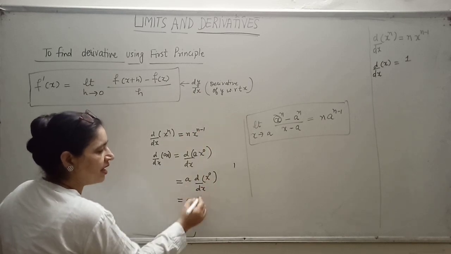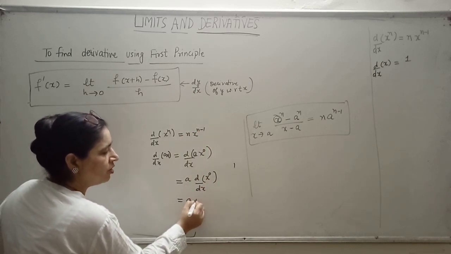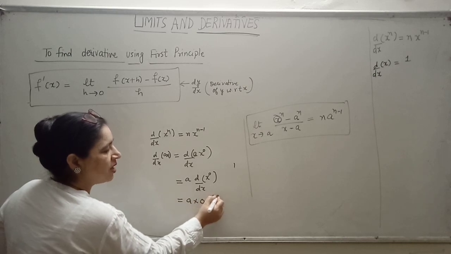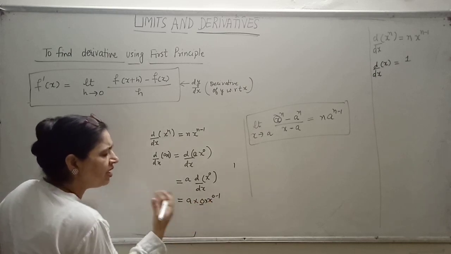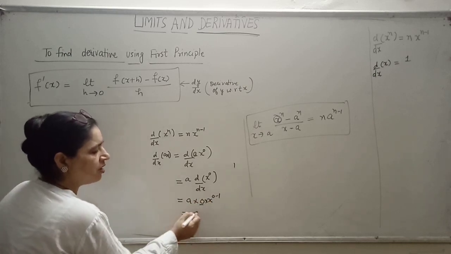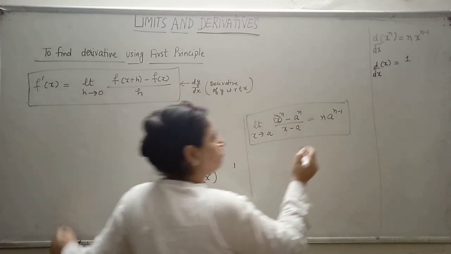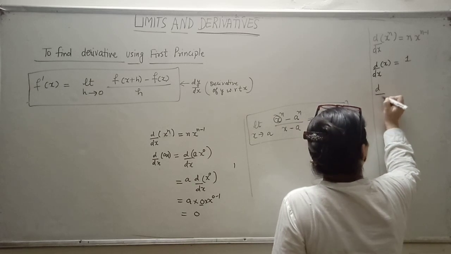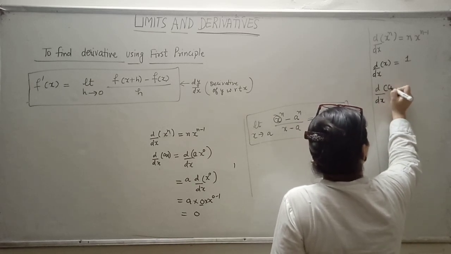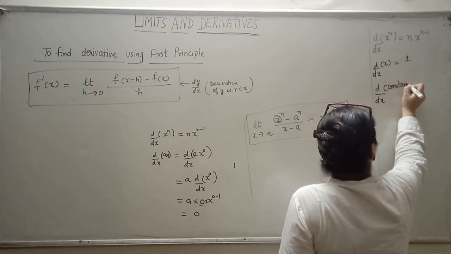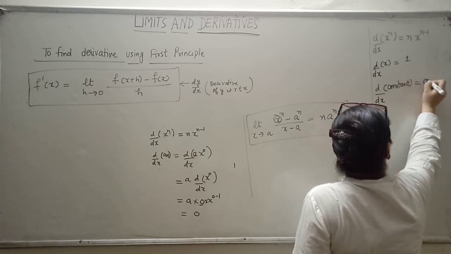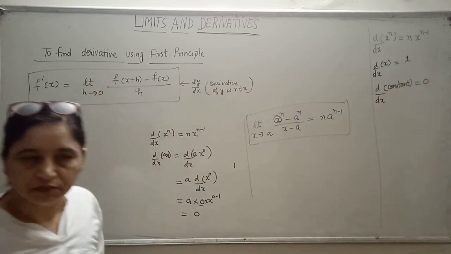अब इसका डेरिवेटिव निकालेंगे a, as per the formula आपका पावर आपको you will write as the factor, okay, into 0 x की power 0 minus 1। If we multiply any number with 0, that becomes 0। तो कांस्टेंट का डेरिवेटिव क्या आ गया, 0 आ गया। तो हम इसको एज अ फॉर्मूला यूज करेंगे, d by dx ऑफ कांस्टेंट, ठीक है, any constant that is equal to 0। Is it clear?